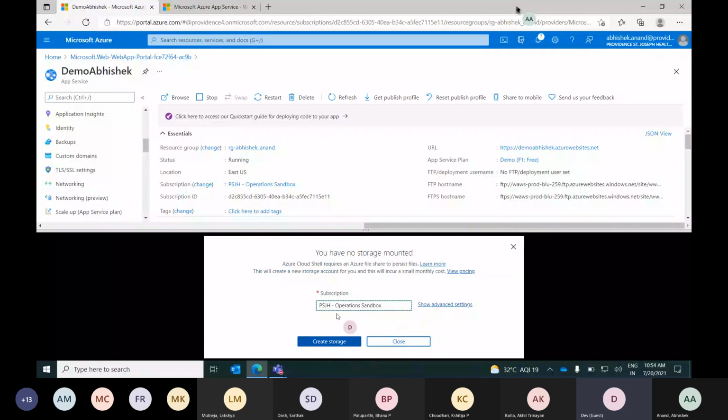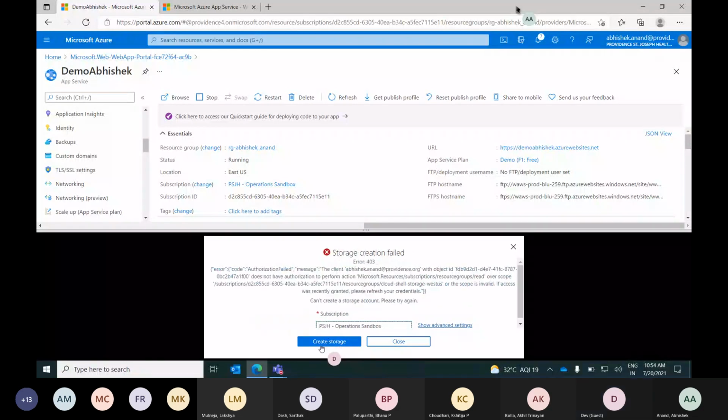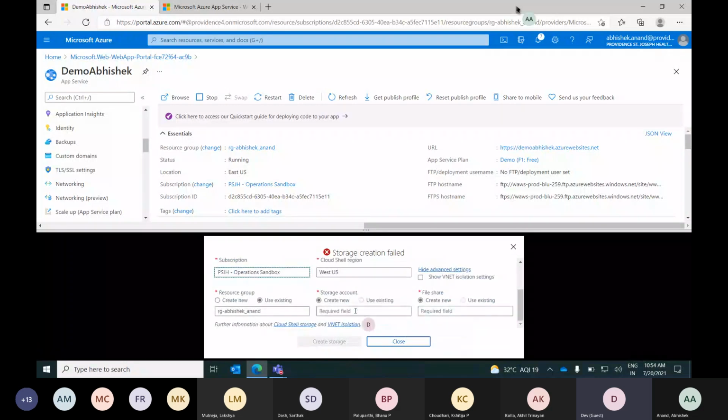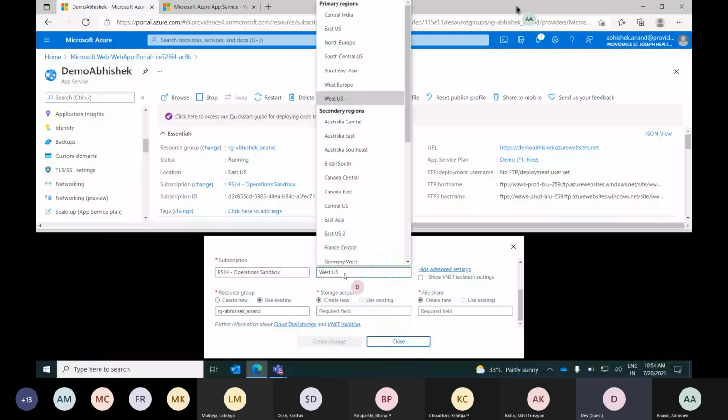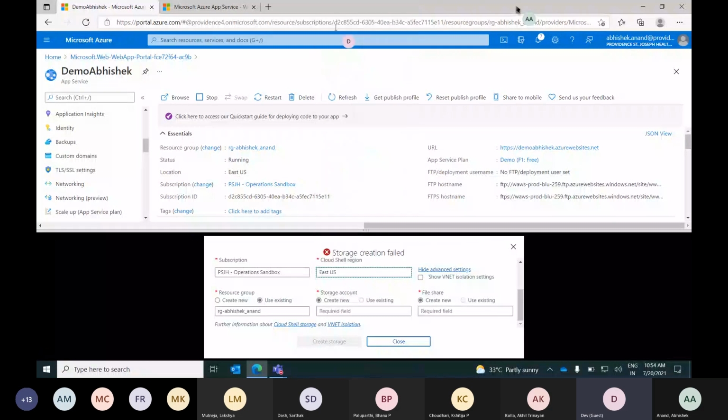So we already have a subscription, and we need to create a storage. Let's click on advanced settings. So we'll create a new storage. We'll be using the existing one, Abhishek Anand. So let's give it a new name. So Cloud Shell will be selecting East US. We'll create a new